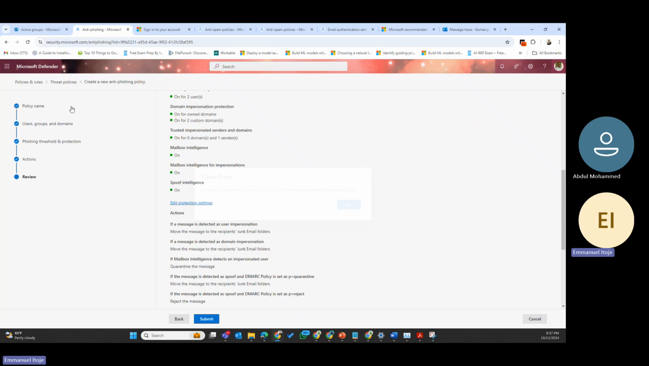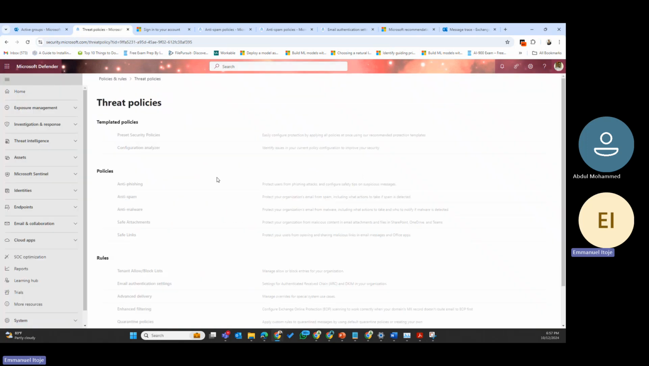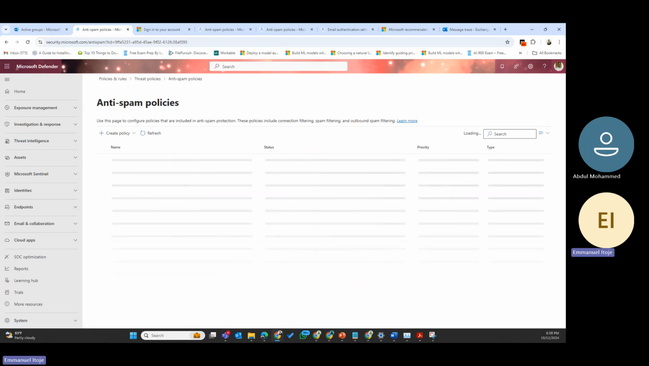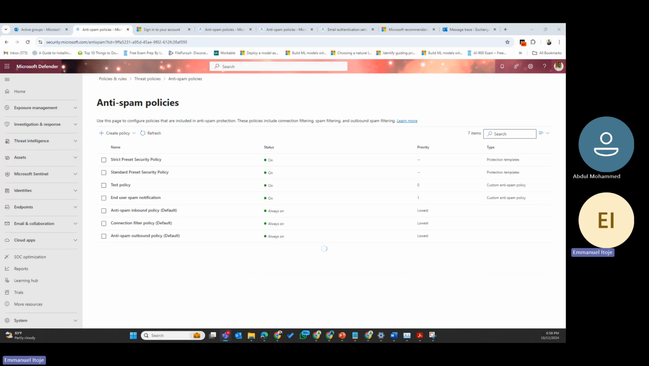So let's go to the next one under our custom policy, which is the anti-spam policy. Now, for our anti-spam policies, what this is doing is that in the anti-spam policy page, you use it to configure policies that are included in anti-spam protections. And these policies include connection filtering, spam filtering, and outbound email. So basically, if you want to configure an anti-spam policy in Exchange Online Protection in a Microsoft 365 organization with mailboxes, either with Exchange Online or standalone Exchange Online Protection